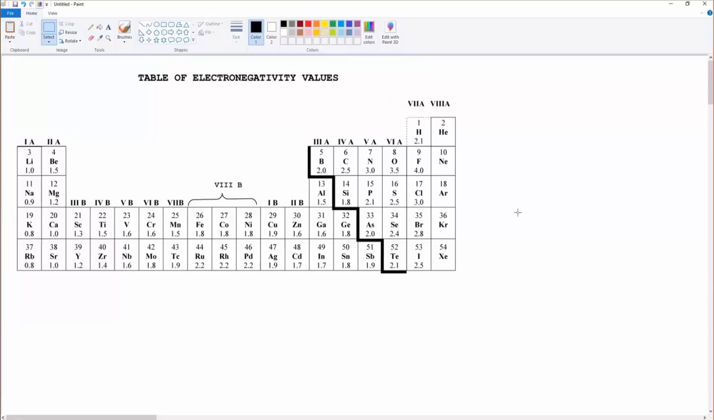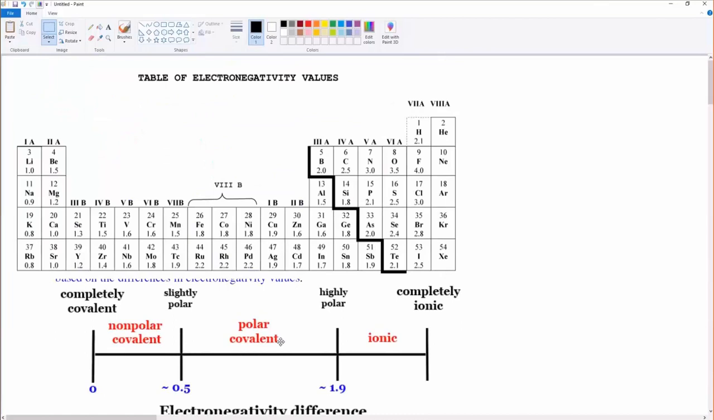So just as a quick review, because we did actually cover this a little bit on Tuesday, a bond can be polar, which is something like being in between ionic and covalent due to differences in electronegativity values. And so,